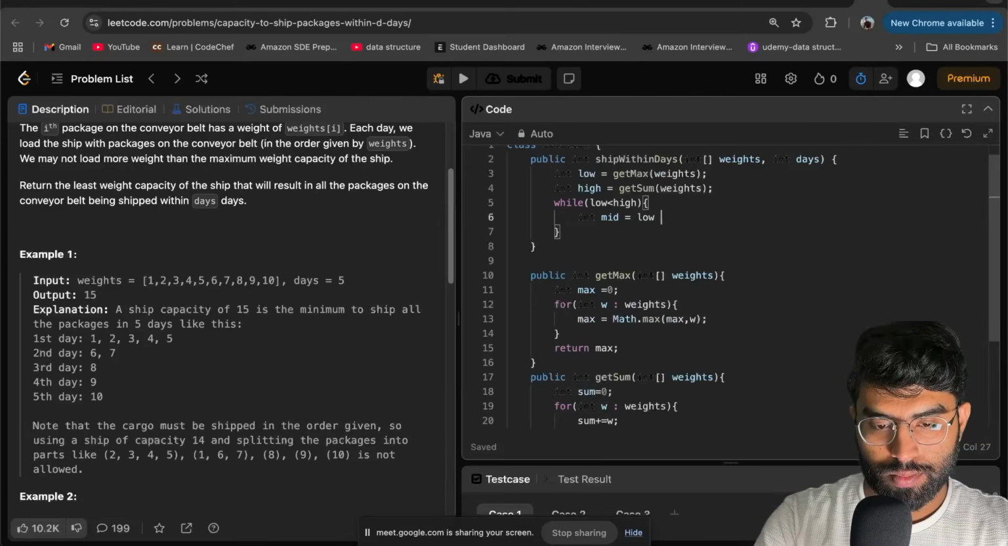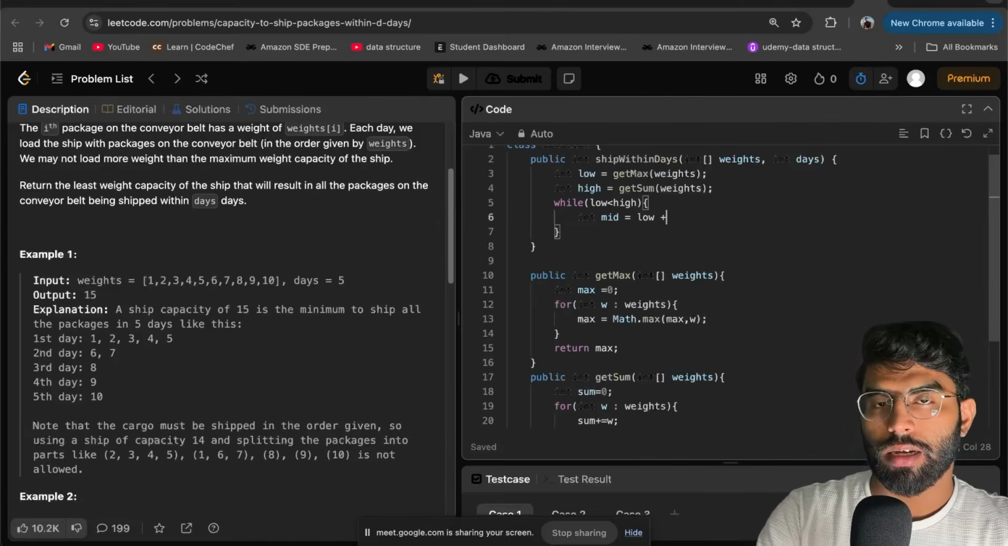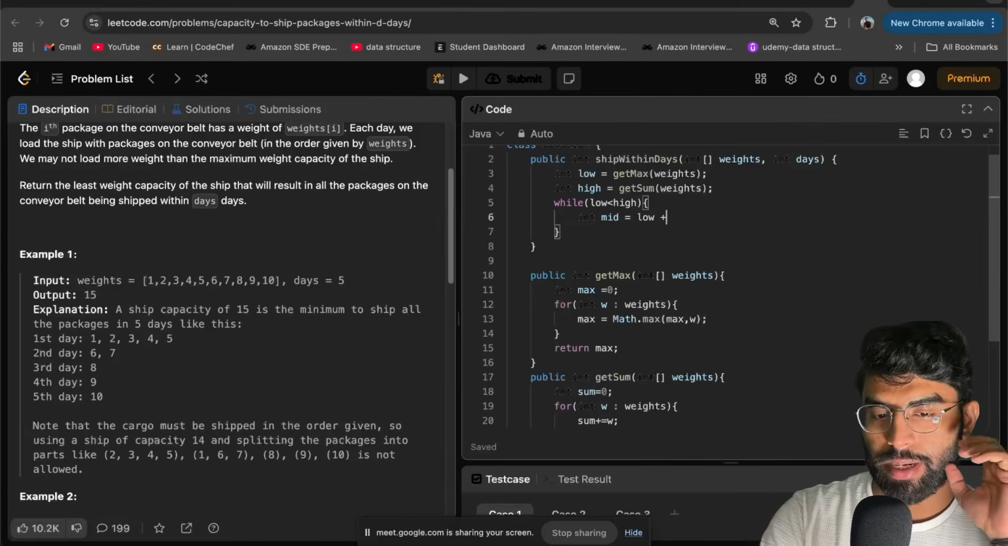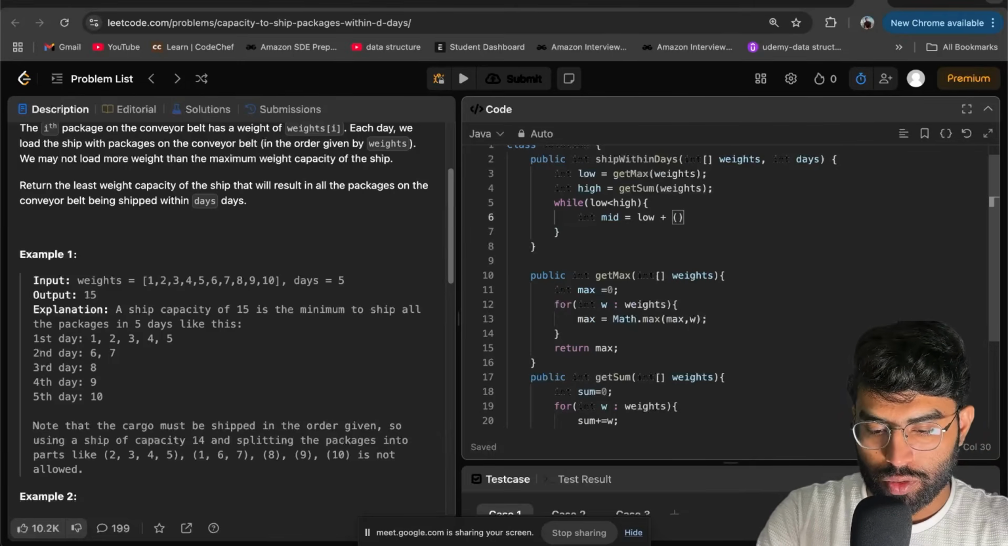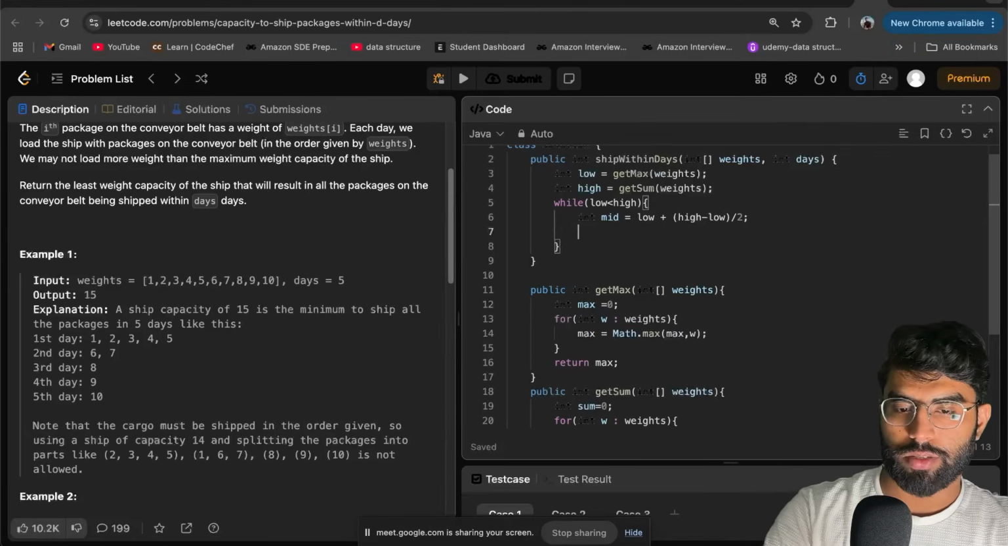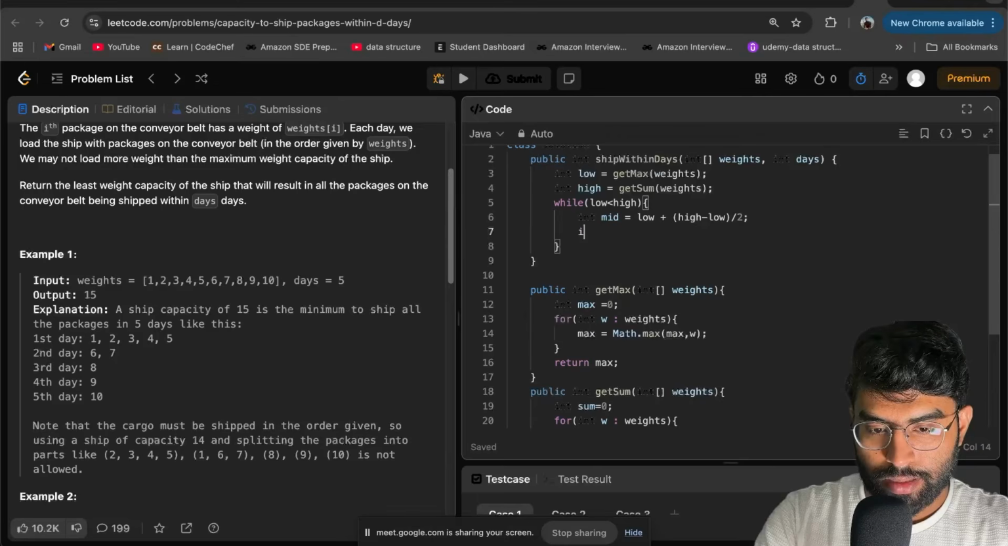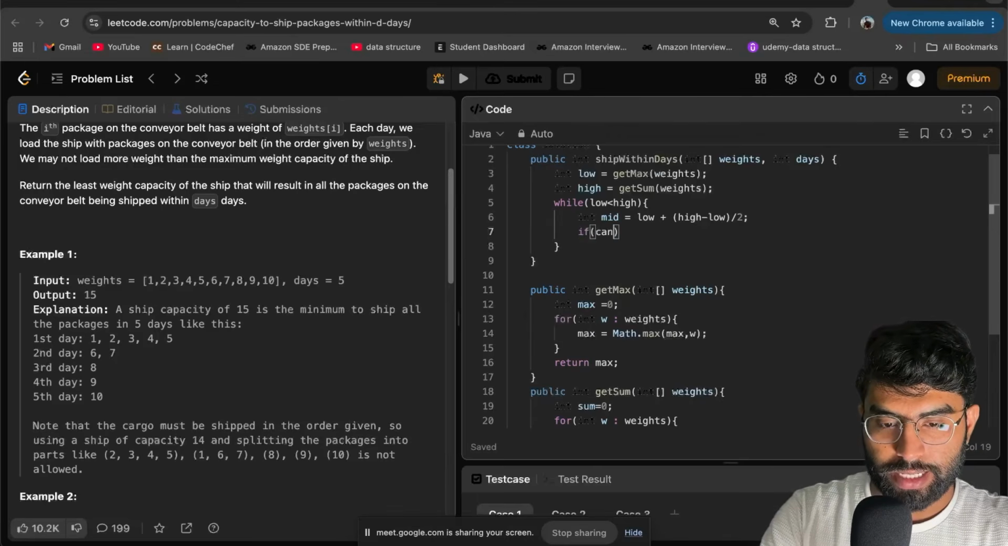Low plus high divided by 2 also works, but sometimes it overflows, right? So we will be using low plus (high minus low) divided by 2. It's the same thing, you can calculate it, right? After that we will be checking if it can ship